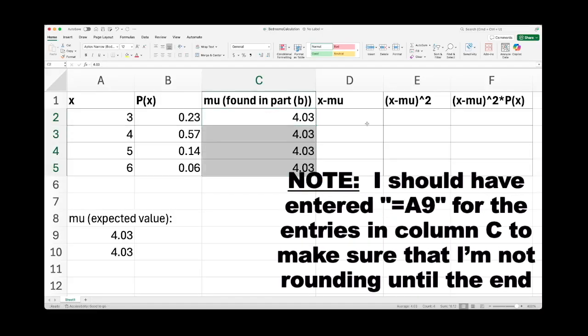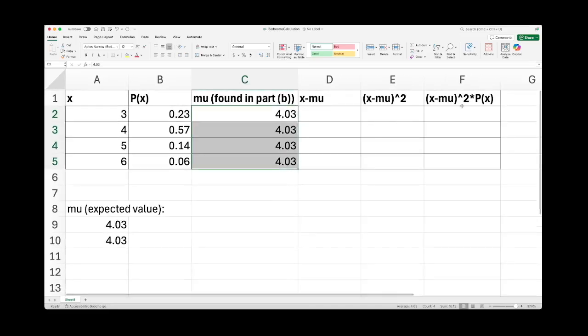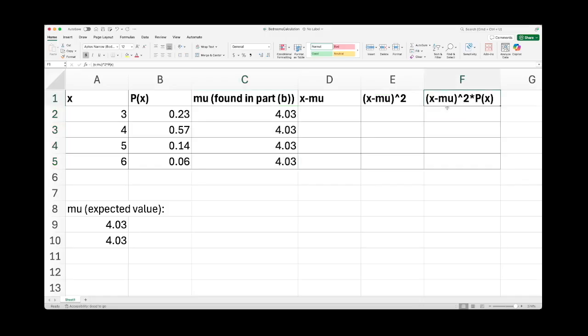So if we now want to find the standard deviation, what we should do first is find the variance. And the variance is the sum of these values in column F. And so this is just having us calculate them kind of piece by piece in this table. So if I want to do x minus mu, I would take my x minus my mu, my mean, and